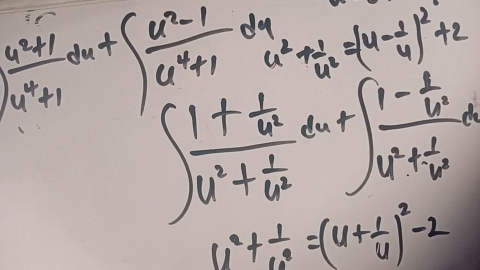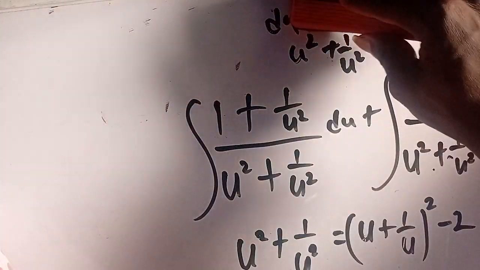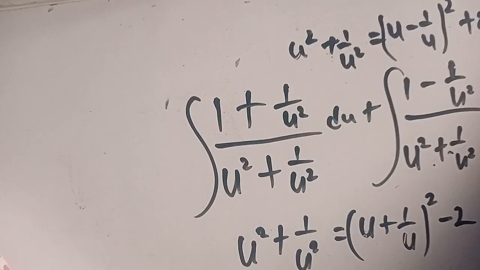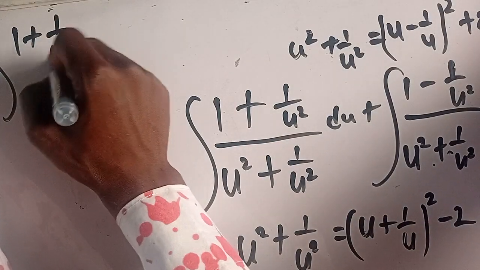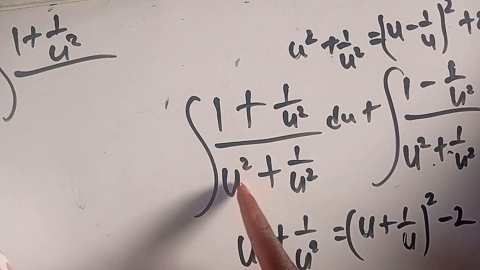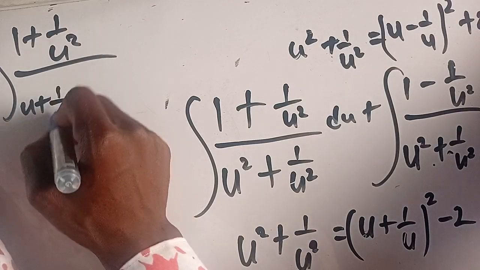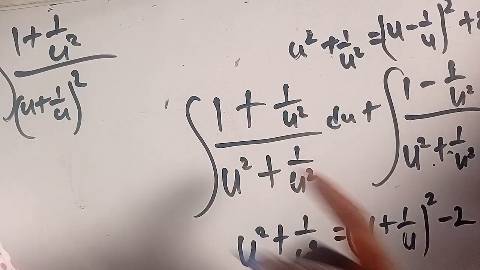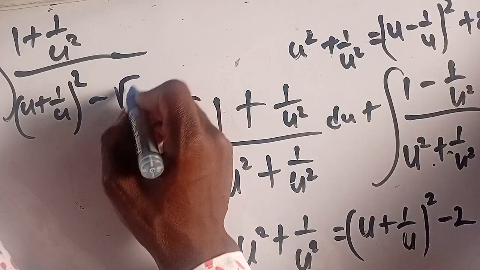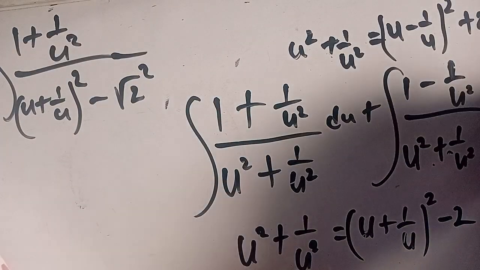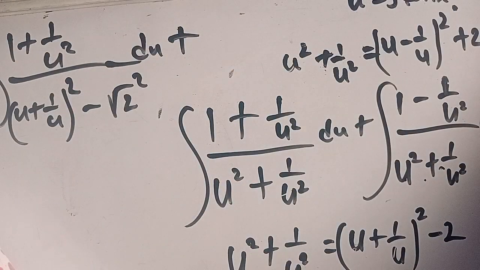So now what we are going to do is, let me clean this part. Sorry for the space, I'll try and get a bigger board. So I'm having the integral of 1 plus 1 over u square divided by, instead of this, I will write u plus 1 over u all squared minus 2, but I will write minus 2 as minus root 2 square, du, plus the integral of,